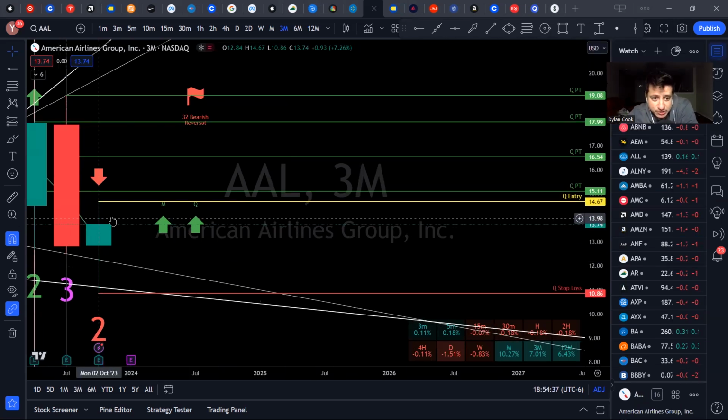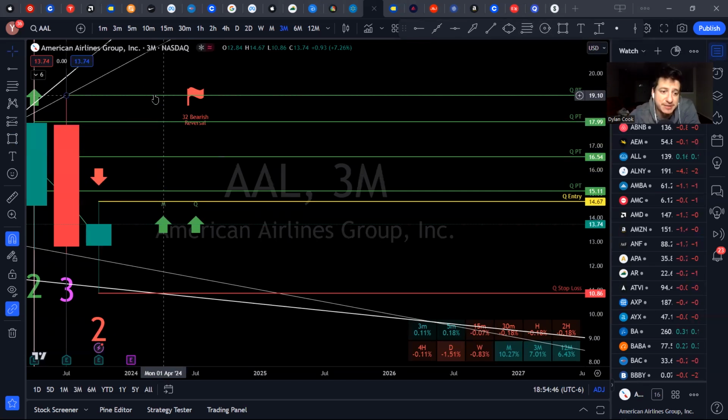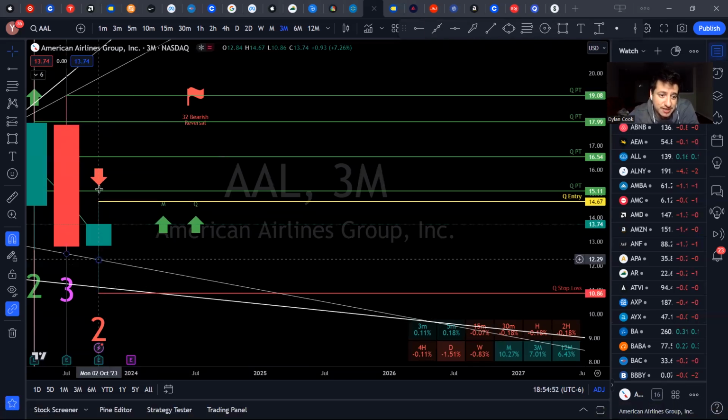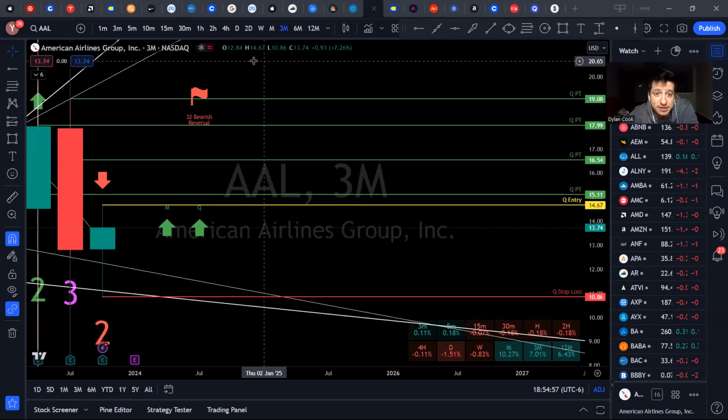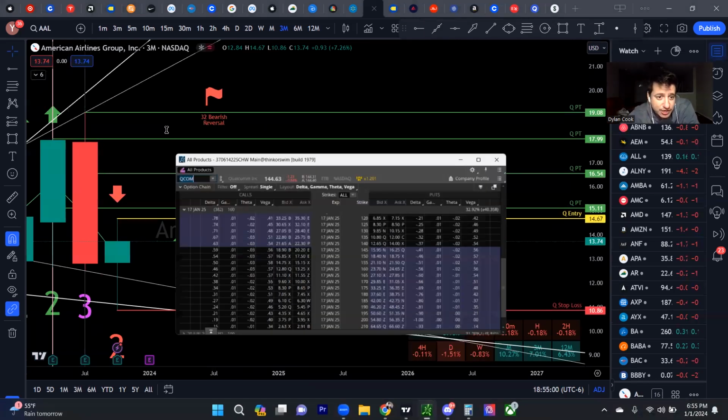Nice little 3-2-2 rev forming here. Remember when it's a 3-2-2, it's the 3, it's the 2, and then the next candle is going to be the 2 that potentially takes out these PTs off of the rev strat, being that the 3 creates a broadening formation that this is now rejecting off of, staying above here, and could potentially be going up and beyond. Let's go ahead and check out